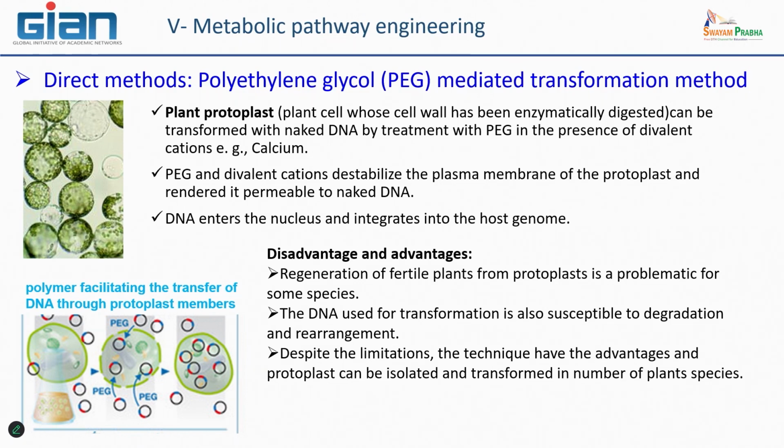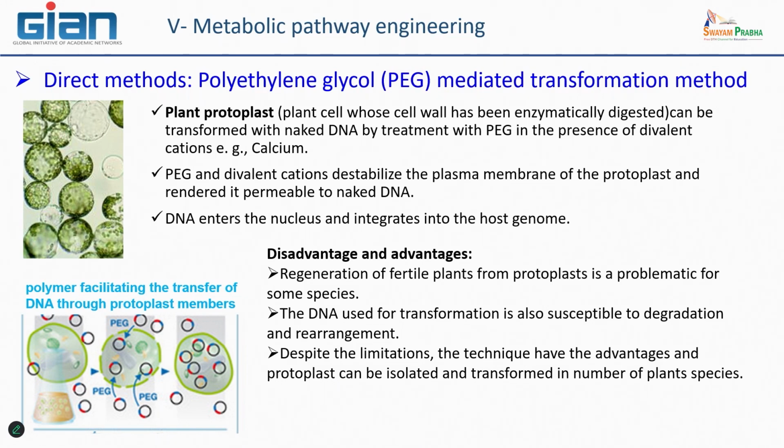It is to integrate directly some DNA in plant cells. There is a chemical process using polyethylene glycol, PEG, you know that, okay? You need to prepare cells to avoid the cell wall, so you have to produce protoplasts before, okay? That can be put together with some particles of PEG, in which you can have added some DNA, and after this PEG and divalent cation destabilize the plasma membrane.